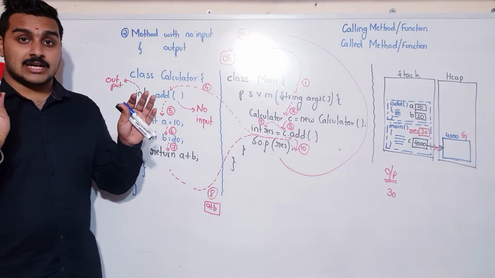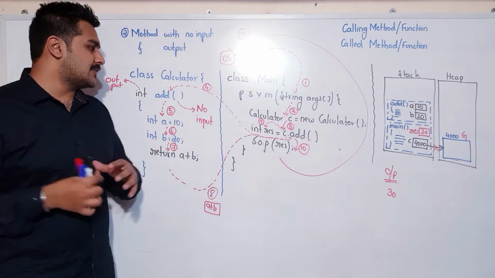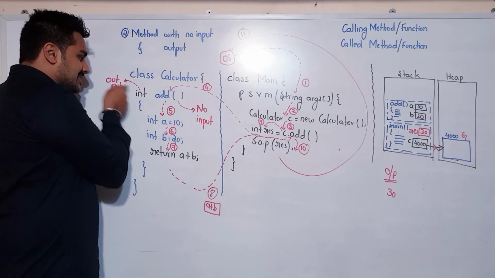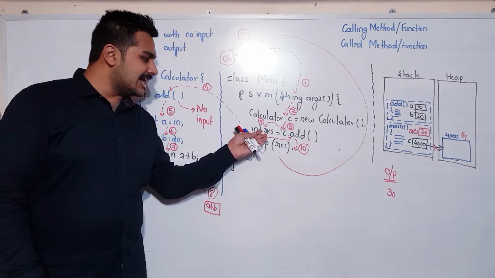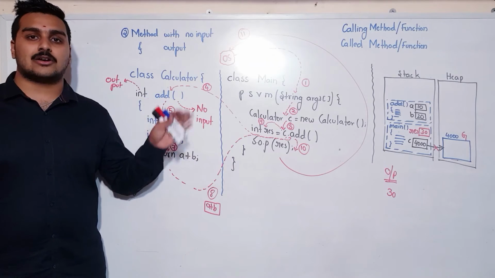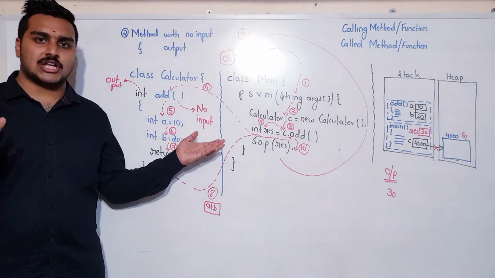I hope the point for this code is completely clear. What is it? Quite very simple. This method is not having any input, but it is giving an output. And that output I am collecting here and I am printing it. I hope I am completely clear on this particular point. Code, I guess you can write it and you can check the output as well.